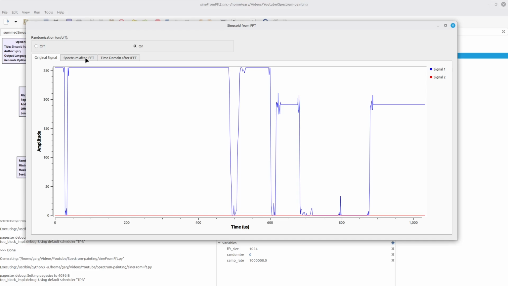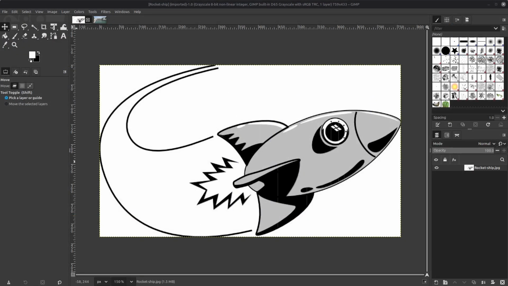Therefore, I'm going to show you a circuit that I created that will do several things. First off, it's going to randomize the phase. It will also pre-warp or pre-adjust the amplitudes of the signal such that when they pass through the spectral display and get displayed on a logarithmic scale, they'll actually be more linear from a visual standpoint. And then from there, we'll be able to actually transmit it out, look at it on a spectrogram, and see how it looks.